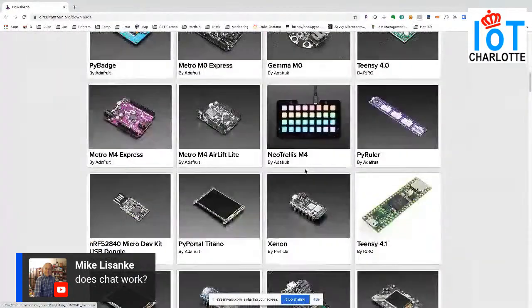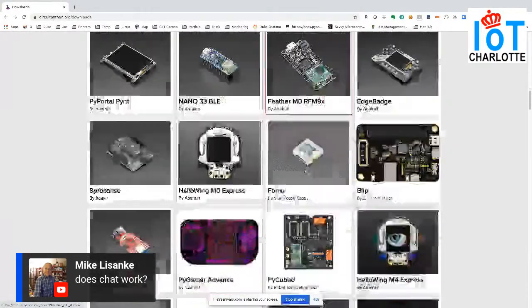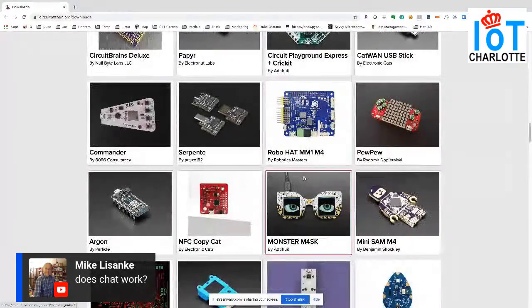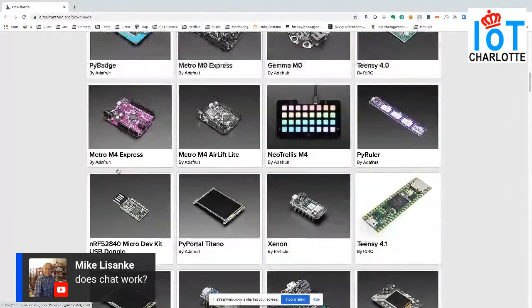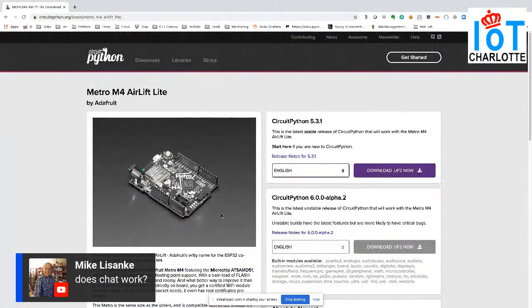There's also a standard Arduino format board, and that's the M4 with an Airlift chip on it. So this looks like a Uno board, pin for pin, pretty much the same.